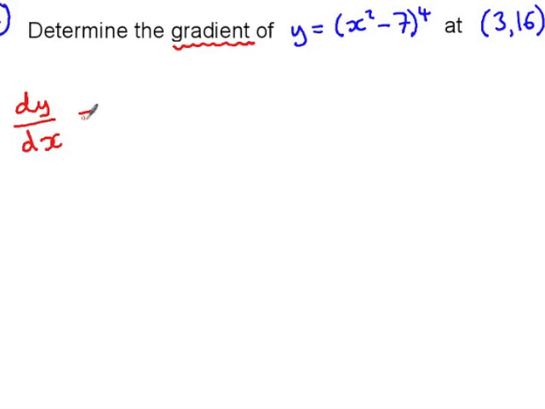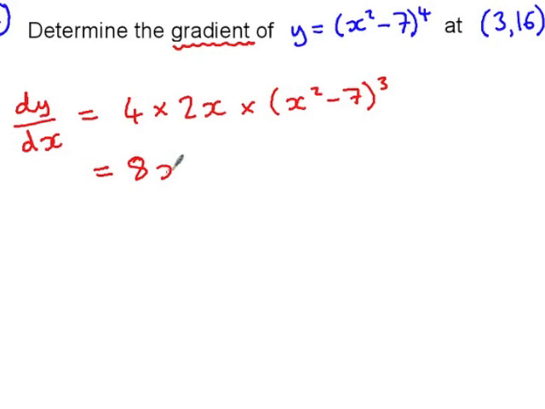So dy by dx is 4 multiplied by the derivative of the function in the bracket multiplied by the function in the bracket, reduce the power by 1. So let's simplify this. 8x times x squared take 7 cubed, and we need to sub in a value of x